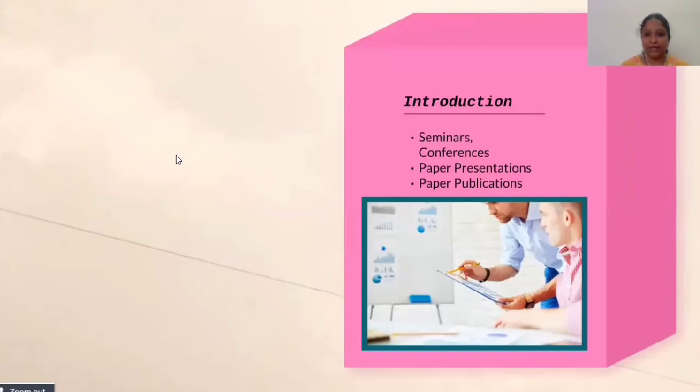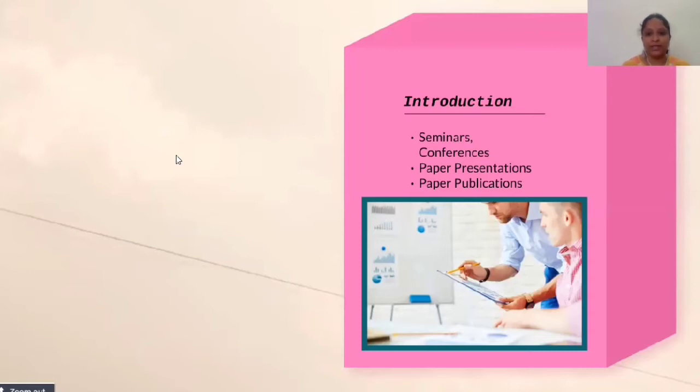We usually attend many seminars, conferences, workshops, national, regional, international seminars. And when we attend these seminars, we have to give some paper presentations also related to the subject area. When we have to give a paper presentation, firstly we need to send the abstracts to the concerned authorities. The authorities will scrutinize your abstracts based on the content and the research problem and the solution that you have proposed and what are the findings and conclusions of your abstract. After your abstracts are accepted, then they would go for the paper presentation permission. After you get the permission, you would present it.